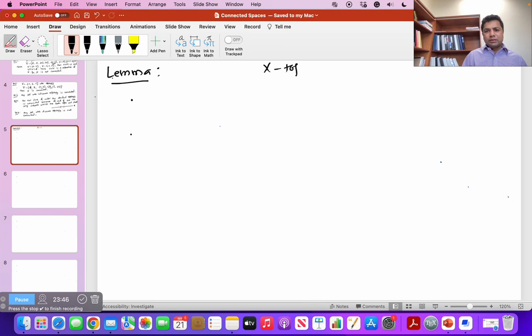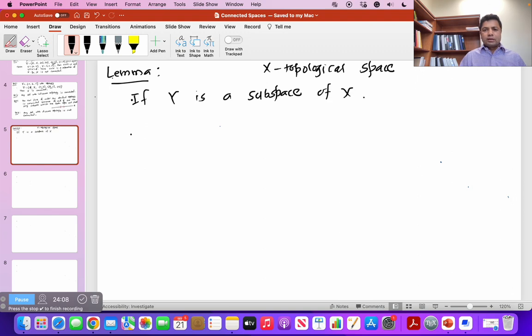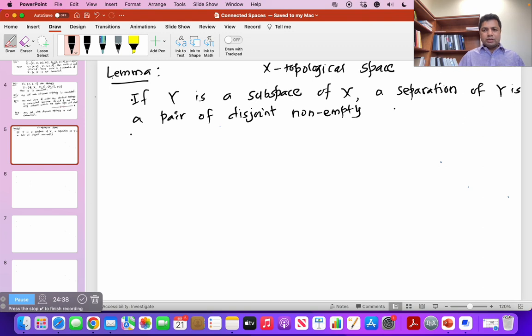Here X is a topological space, and the lemma tells us that if Y is a subspace of X, a separation of Y is a pair of disjoint non-empty sets A and B